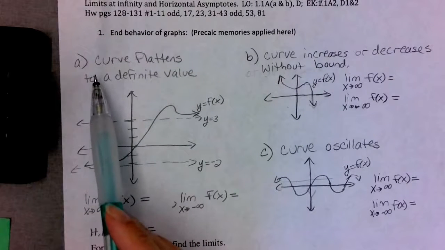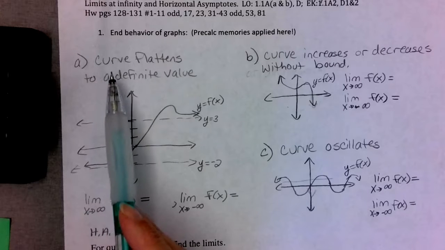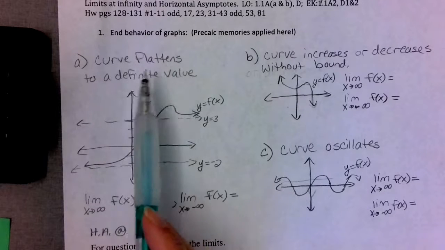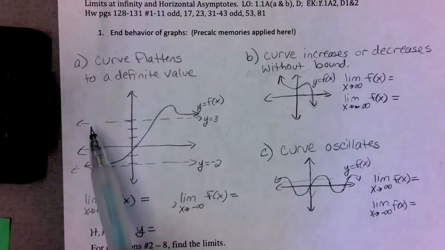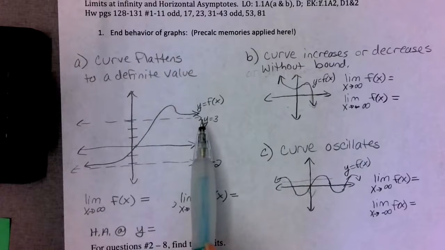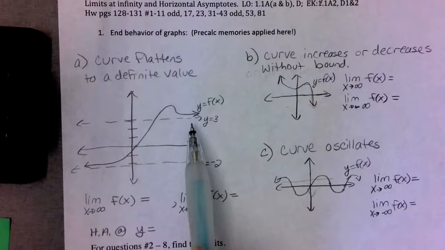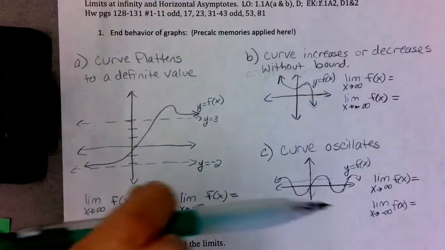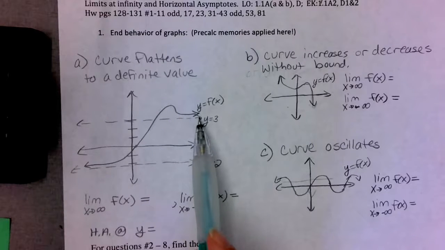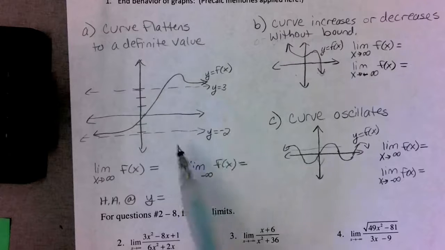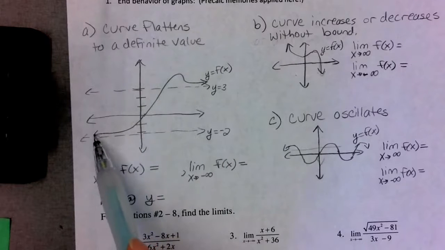Options for end behavior include your curve flattening to a definite value. Last year you would have talked about these as horizontal asymptotes. If you look at my function f of x, it is flattening as I approach infinity. It's flattening to a height of 3. As f of x approaches negative infinity, you can see that it's also flattening to a value of y equals